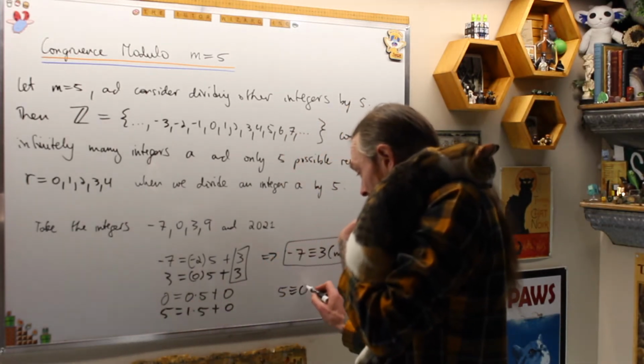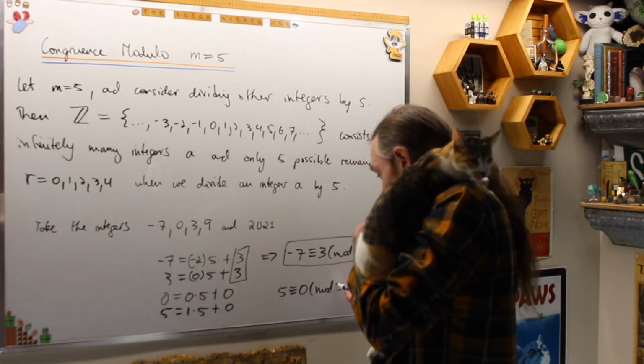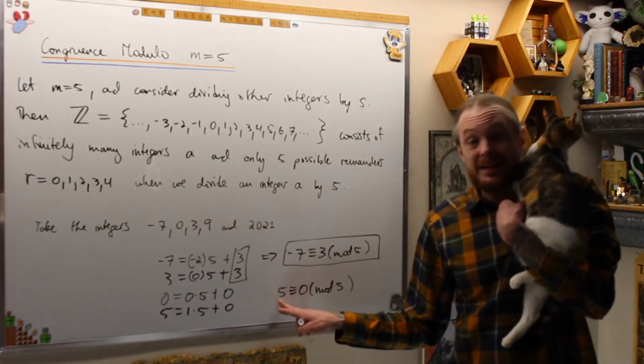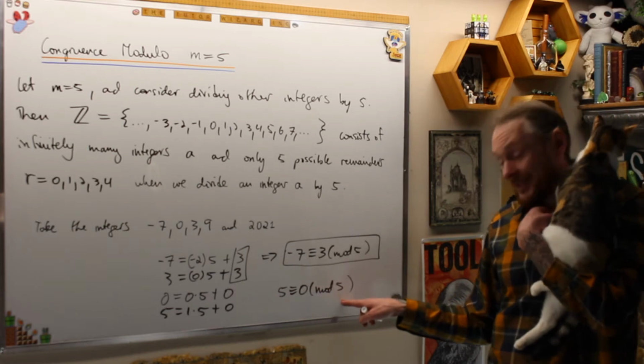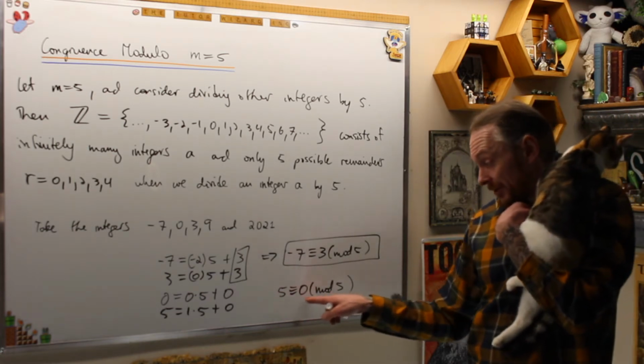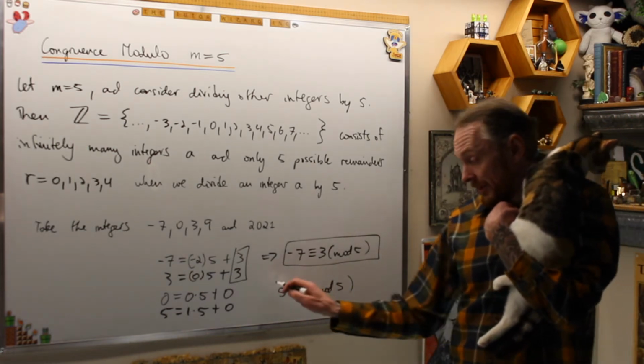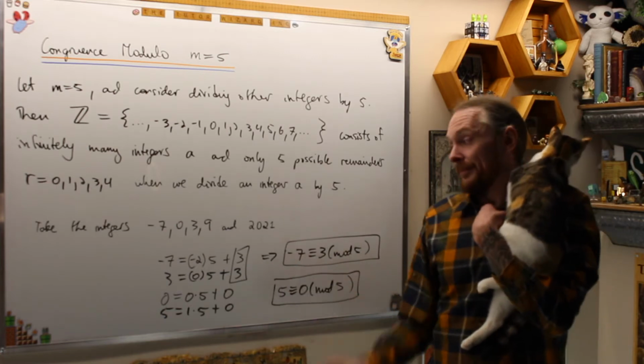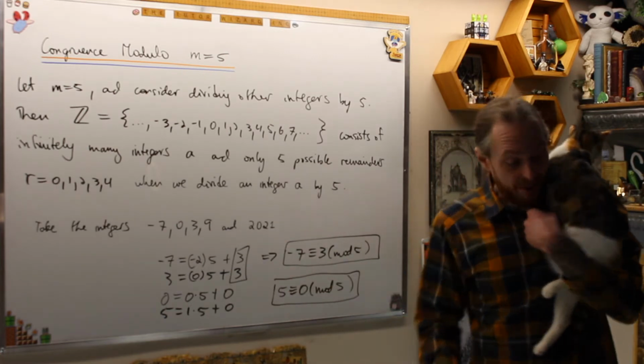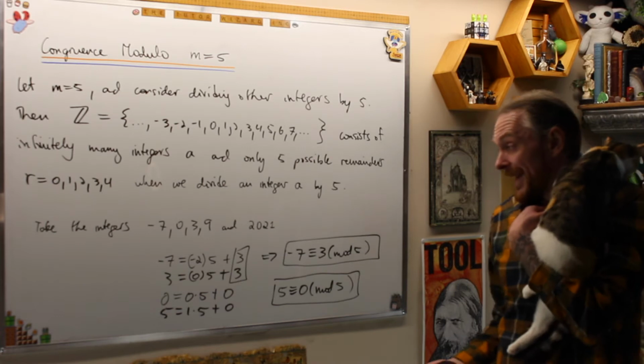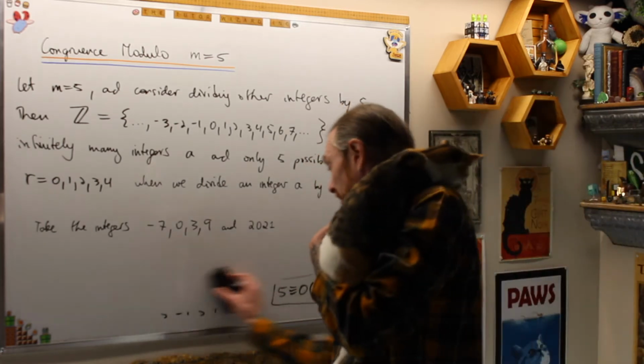So 5 is congruent to 0 mod 5, which is also a good thing to know. M is always congruent to 0 modulo itself, m. So 5 is congruent to 0 mod 5. This is also a good thing to start looking at. For 9, what I want to consider now is, when I look at 9, I can get rid of this